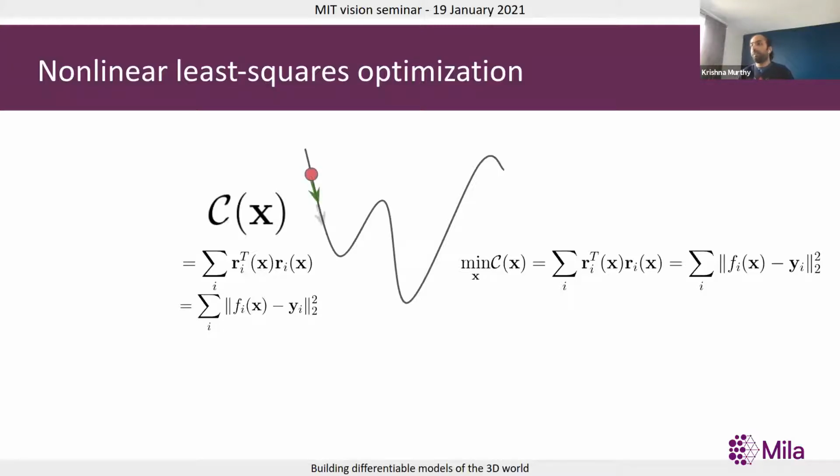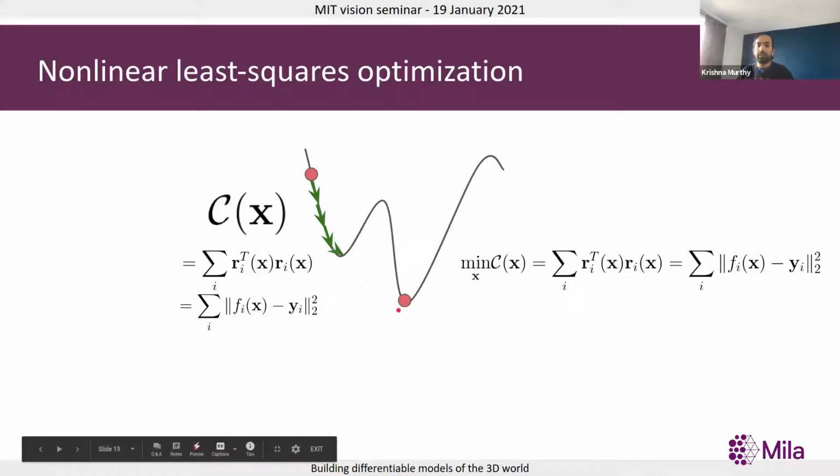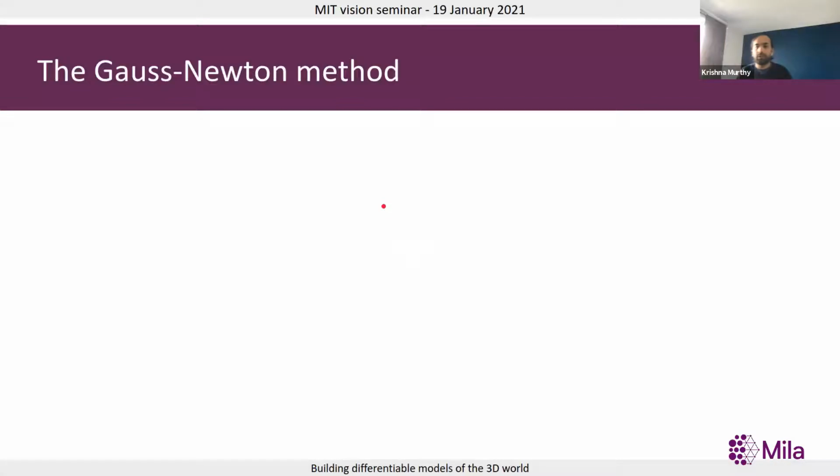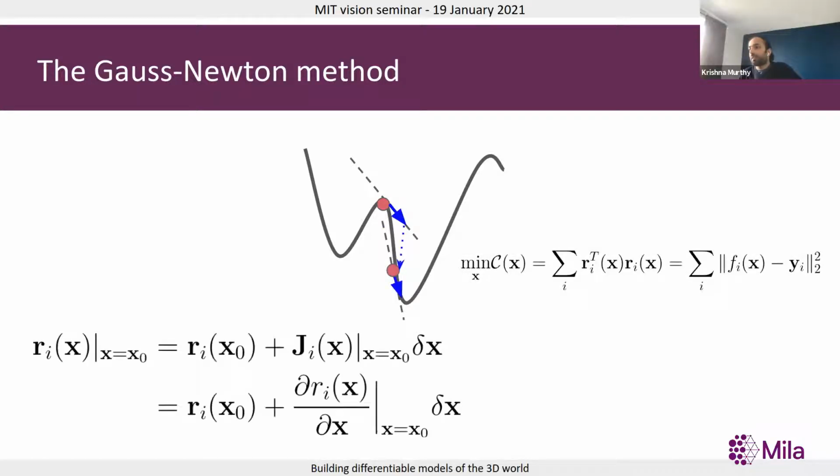So your initial guess really determines where you reach, and you're often far off from the global minima, which is why nonlinear least squares optimization tries to be a little smart about how you go about things. Techniques like Gauss-Newton actually leverage second order information, or approximate second order information, to accelerate convergence. What this might mean is sometimes you could even diverge if you took really big steps.